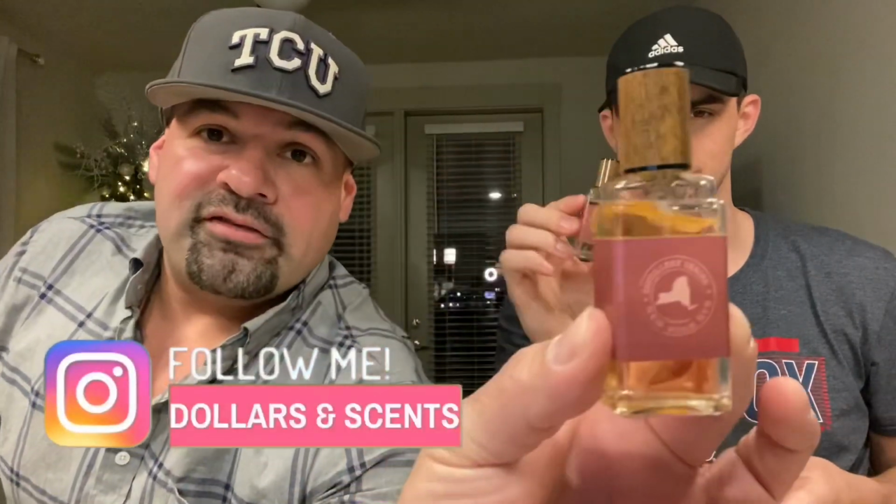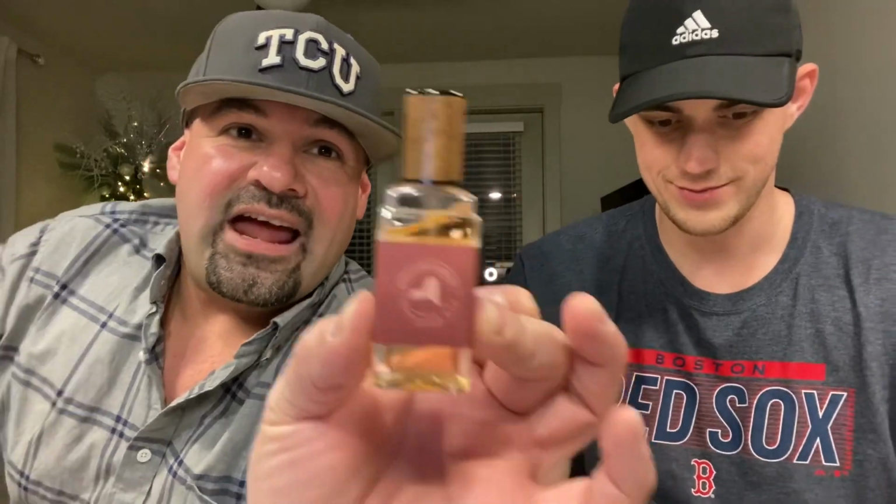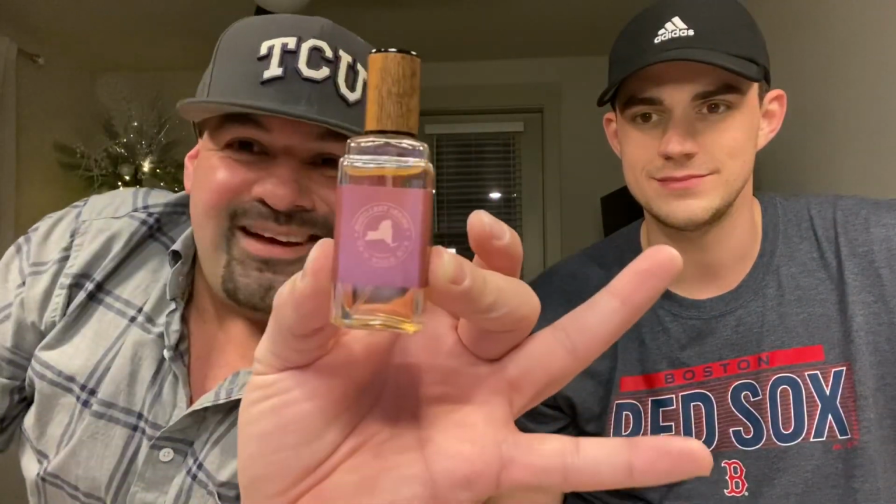So here's what the bottles look like right there. It's like a sticker, I think. It's supposed to look like fake wood. It's plastic. Cheap crimp on here. Just a regular label. It's from Walmart. What do you expect? Can't really ask for too much. But we are going to go over these fragrances, and we're going to start with